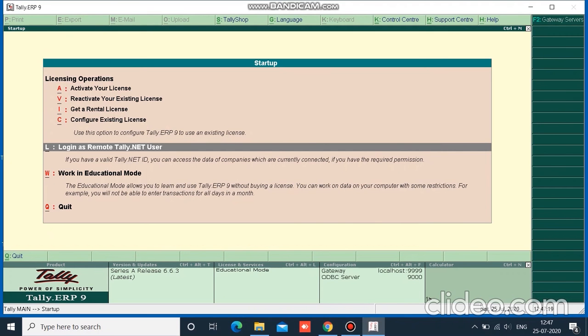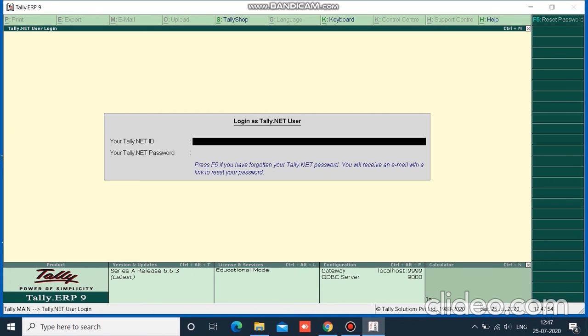This option enables the Tally user to log in on any other PC at any remote location. Suppose your Tally is installed in your office or another location and you want to access your data from another place. What you can do is create a remote login ID in your security control in Tally, and then log in through your administrator email ID and Tally.net password. You will simply have to enter your Tally.net ID and Tally.net password, through which you will be able to access